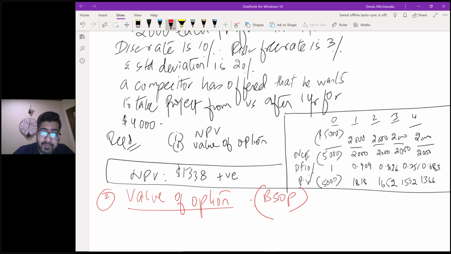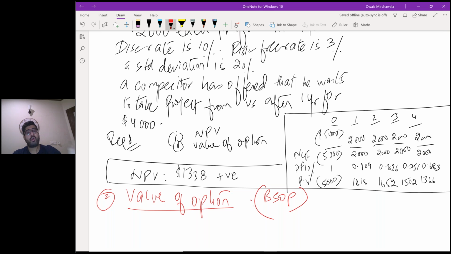Now the first thing you will recognize is that this is a question with investment appraisal. This is not just a random Alaska salvage question where everything is given, the current share price etc., and you're asked to find the value of option. No. It's guaranteed that it is going to be solved through BSOP, but it's coming with investment appraisal. So you need to first make up your mind that there are going to be maximum 3 options. Either it would be option to delay, or option to expand, or option to early exit. There can't be any other chance.